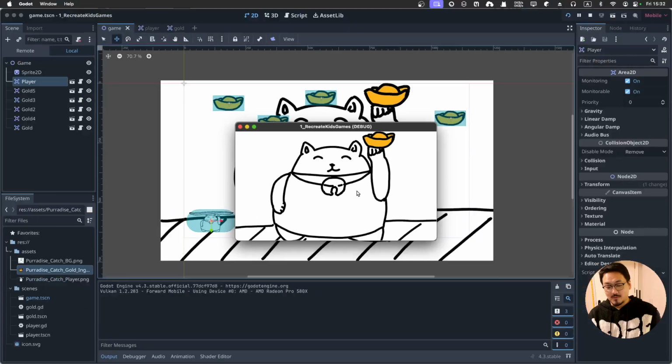So yeah, we achieved a lot in this video. We know how to attach the script to the node or object. I prefer to call it object, so forgive me if I use that interchangeably. I prefer to treat this as object or as instance. So first we learned how to attach a script to that instance and use that script to control the position. X position, Y position. Second, we know that X goes right and Y goes down. And we know how to copy paste to get multiple instances in a scene